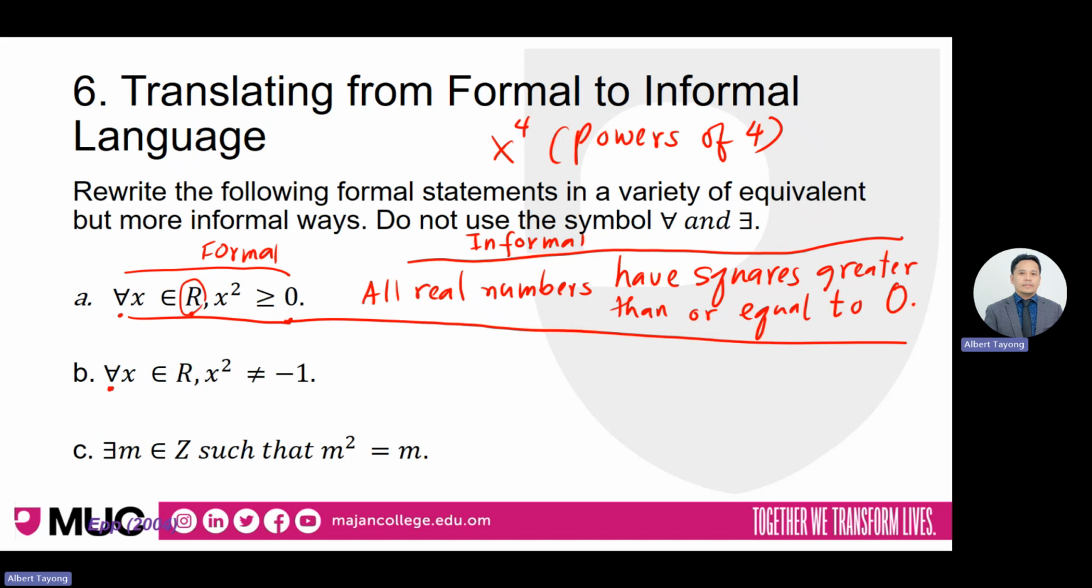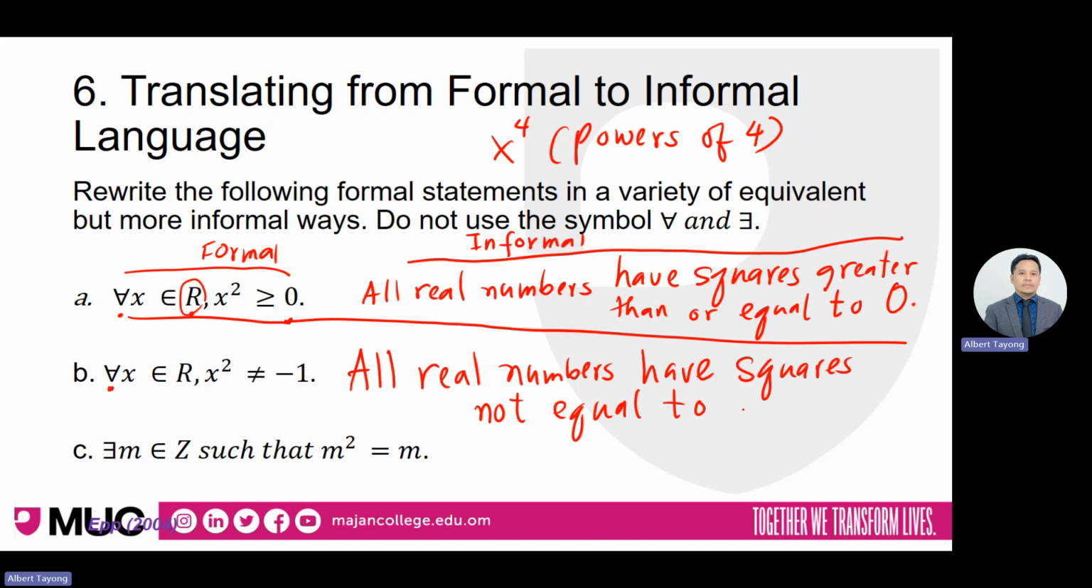Here again from left to right. So all real numbers because we have R have squares not equal to -1. Here you can use some or you can use there exists. Okay, you can say there exists because of this symbol, or some. An integer because singular. If you're going to use some, you're going to say some integers